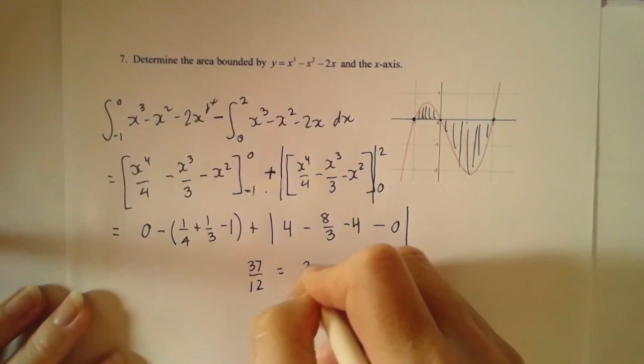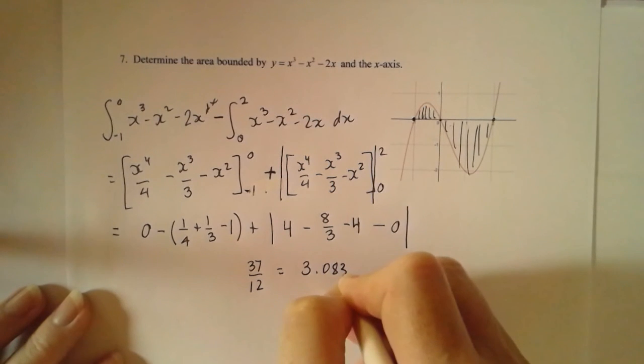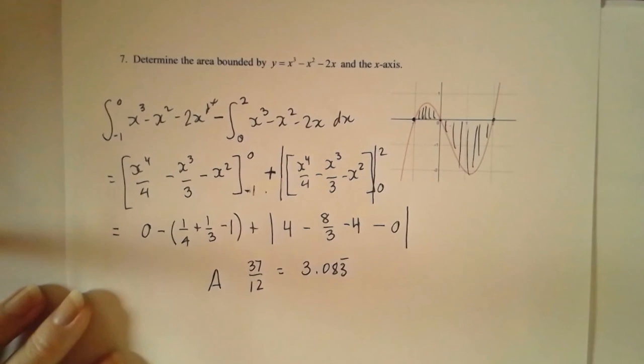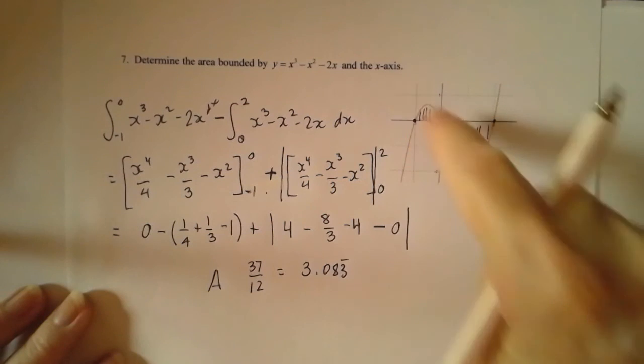Or I suppose you could write 3.083 with a dash over it, and that's what the area is under that curve. I think that's not too hard. Okay,